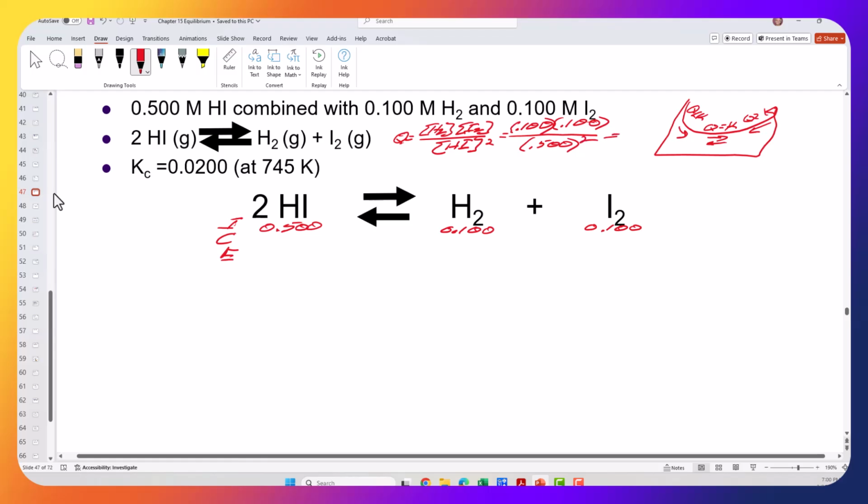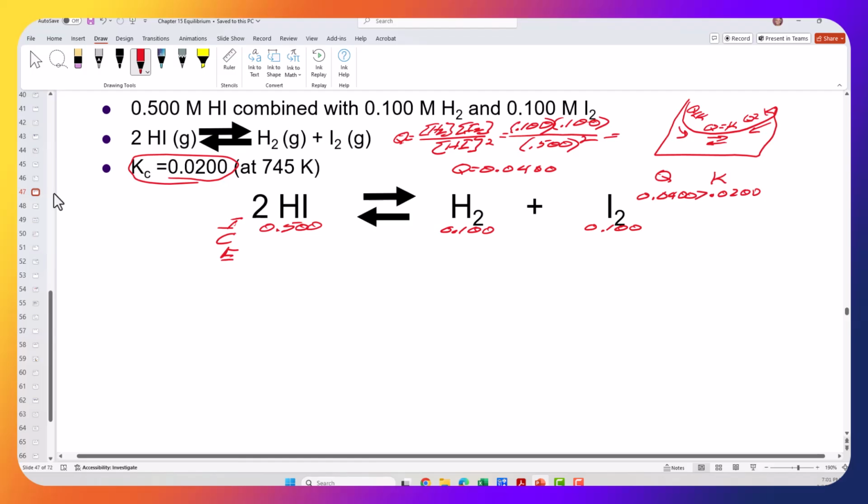So we'll go ahead and put that in the calculator. That's just going to be 0.100 squared divided by 0.5 squared, which gives us 0.04. So Q is equal to 0.0400. Now, let's compare it to K. K is over here, and K is 0.0200. So if I'm going to compare Q to K, K is 0.0200, and Q is